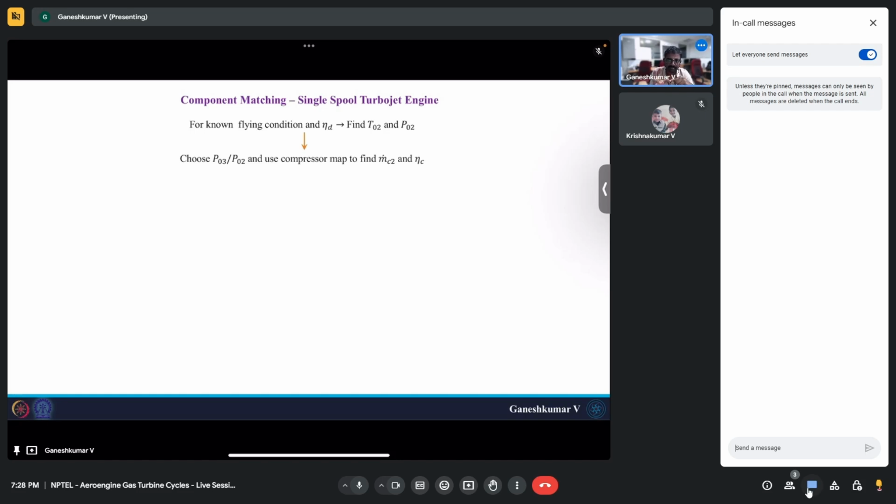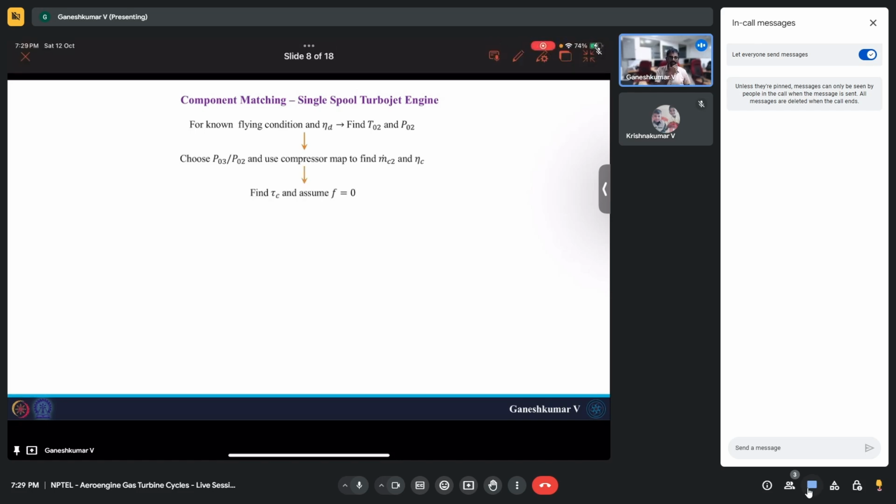So the second step is to find the pressure ratio, and based on the pressure ratio, we have a compressor map we have already discussed. From the compressor map, you will get the corrected mass flow rate, m dot c2, and efficiency. Okay, in our case it is given as a table. Now, the next thing, once you choose the pressure ratio, you can actually find the temperature ratio, because you know the efficiency of the compressor and you know the pressure ratio. So once you know the temperature ratio,